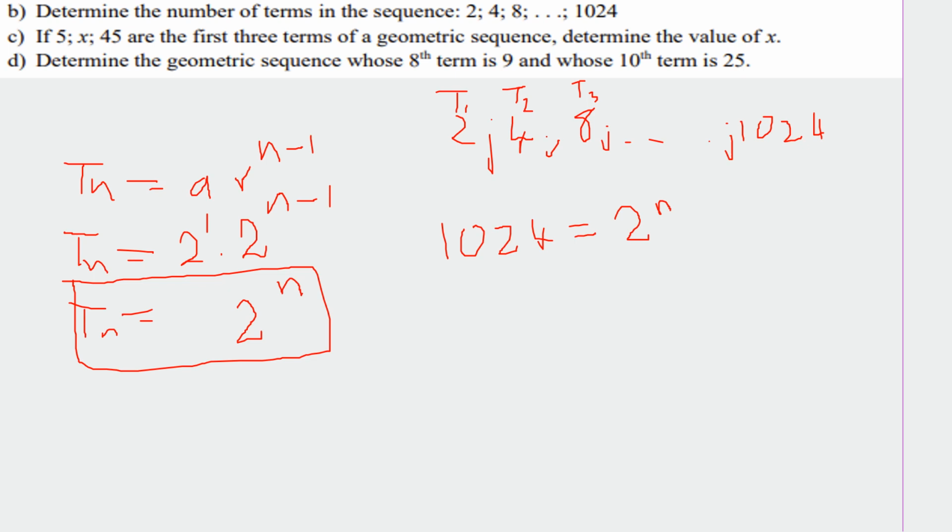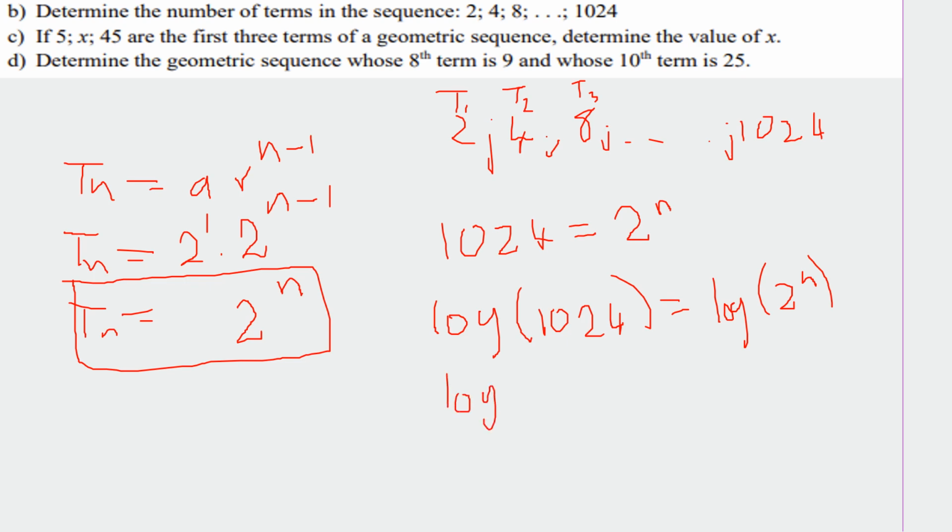So you apply a log function on your left. Remember, what you do on your left, you also do on your right. And then you also apply a log function on your right, so it's going to be a log function of 2 to the power of n. This one on your left, you will just keep as it is. It's log of